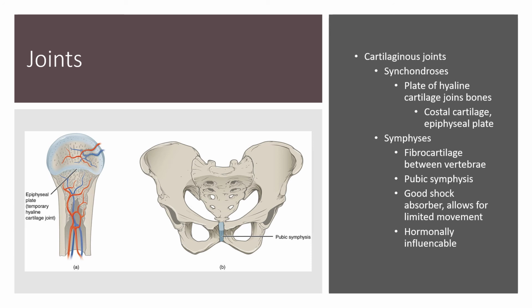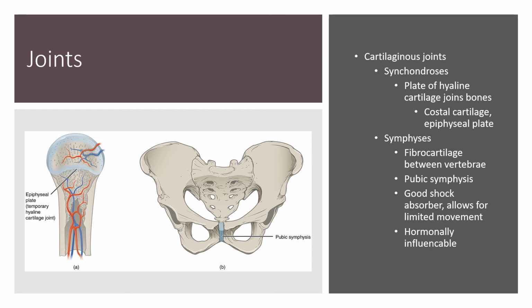Symphyses is a fibrocartilage band that you find between vertebrae and at the pubic symphysis. You're not going to find them elsewhere, really. Like we talked about with the spine, they're really good shock absorbers. They disperse energy an awful lot, but they do allow for some movement. Like the intervertebral discs are compressible, just not super compressible. And these can be